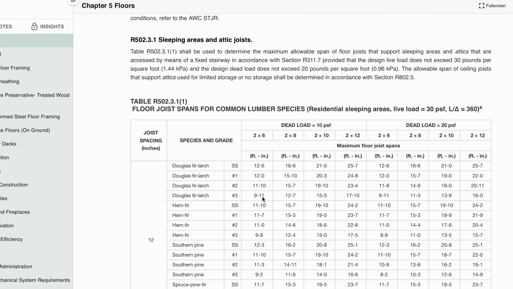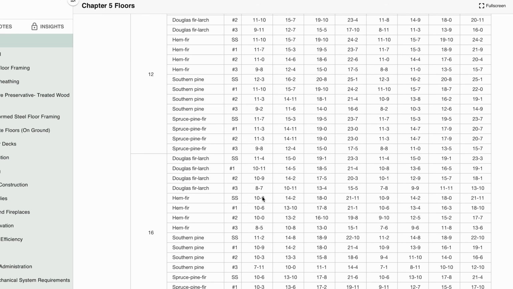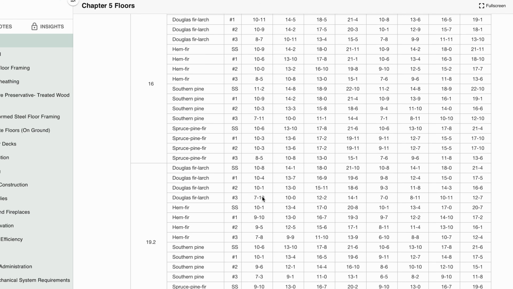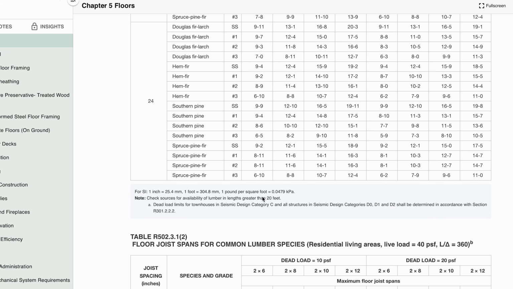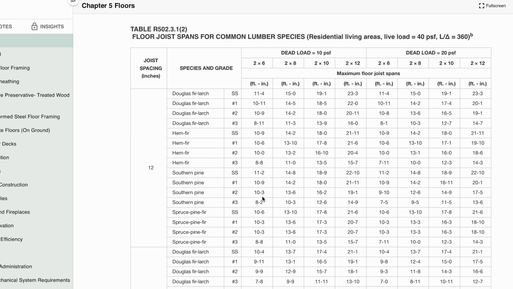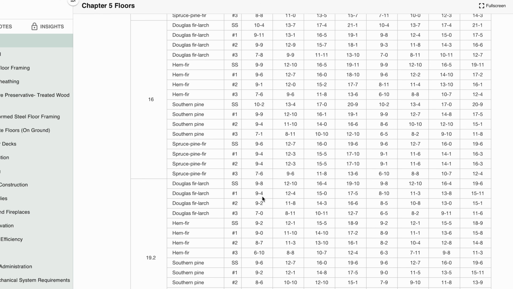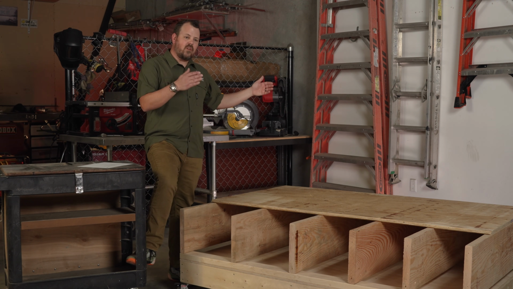The next section, 502.3.1, is allowable spans, and I'll give you a cheat code here. We have actually scanned the page in the code book and laminated it, and we keep it in all of our trucks for easy reference. But the allowable span in this section is the distance from framing member to framing member that are the supports